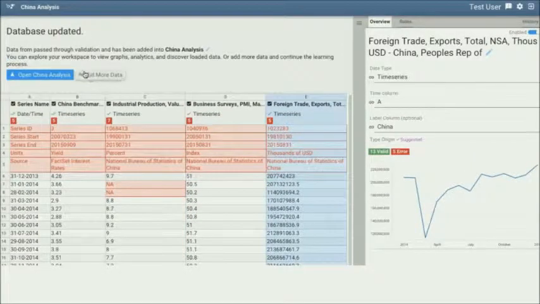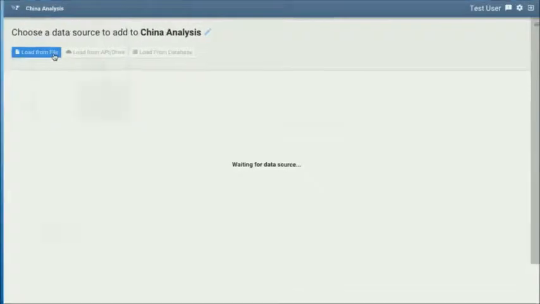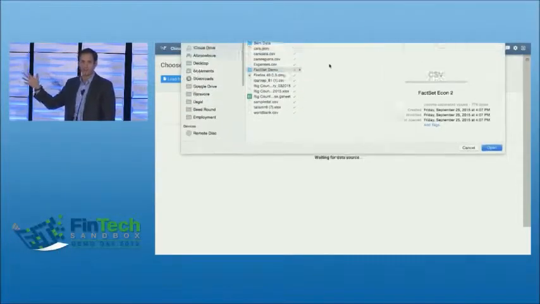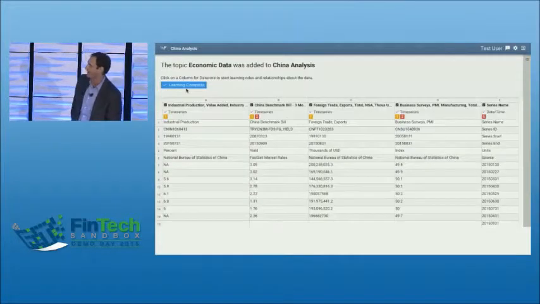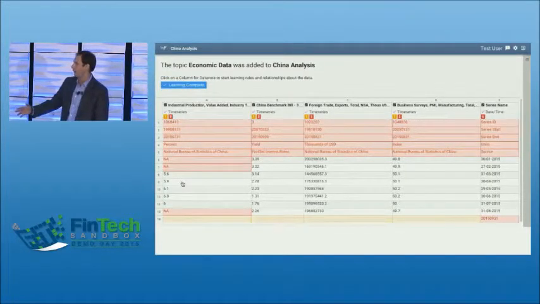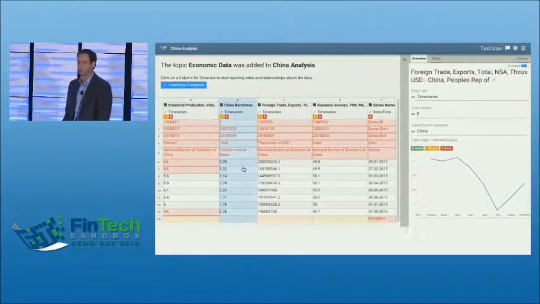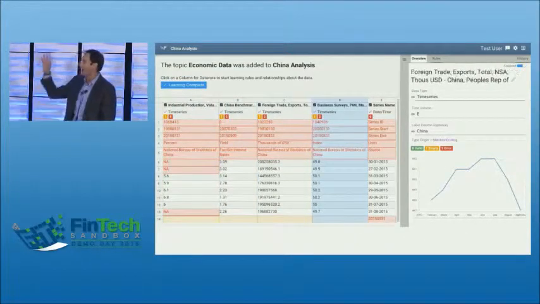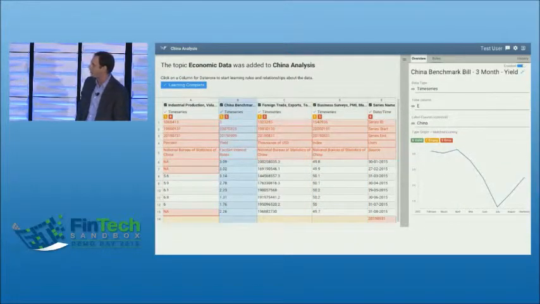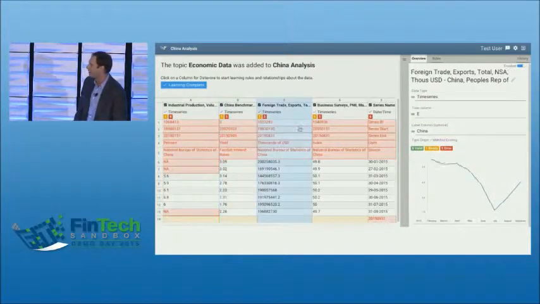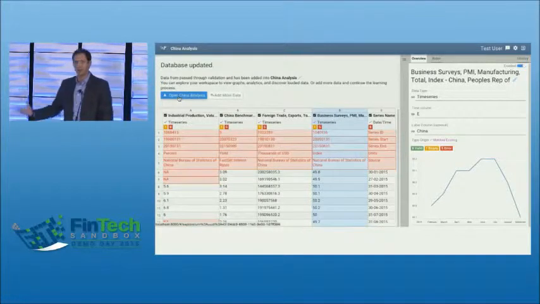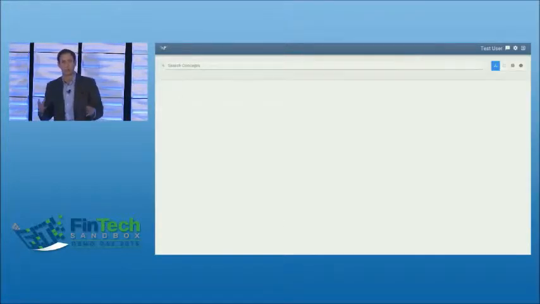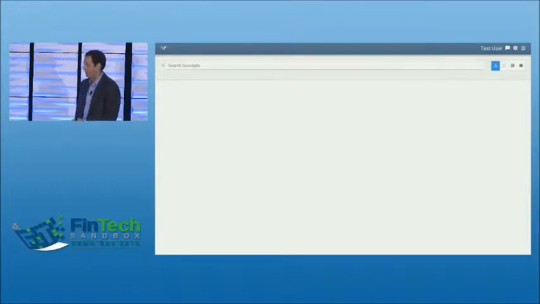So why should we take the time to teach Datavore? Well, once we've taught it about this economic data, we can load another data pull from FactSet. You'll see that it recognizes economic data. And it will now instantly know what to do with everything in the spreadsheet. It recognized it automatically, even though I actually went in and changed the column headers. You can see I rearranged the columns and threw a couple of missing cells in at the bottom. So now it knows about this time series data, and we can work with both those data sets together without any merging or aggregation necessary.